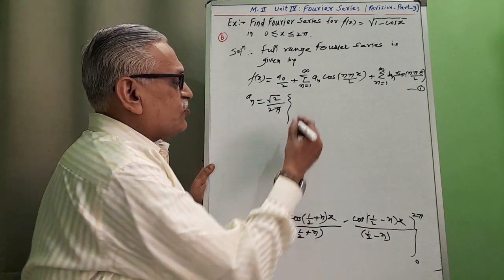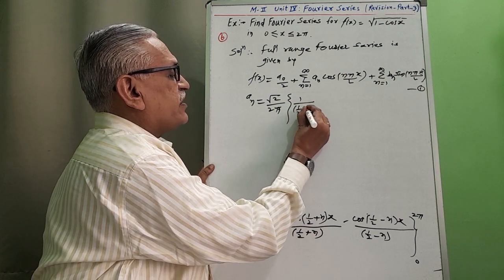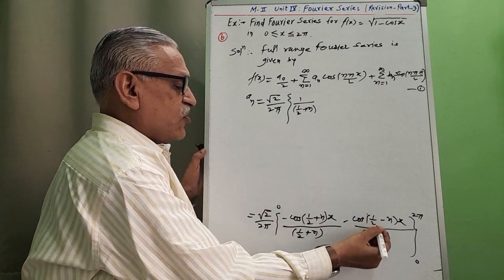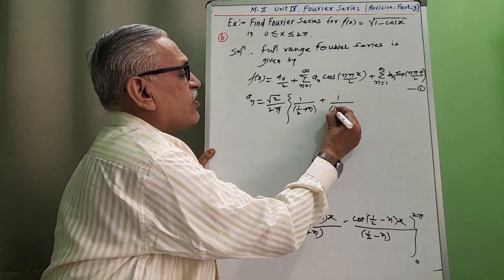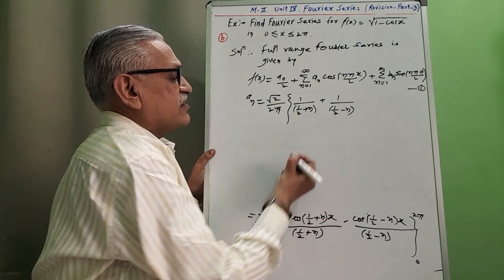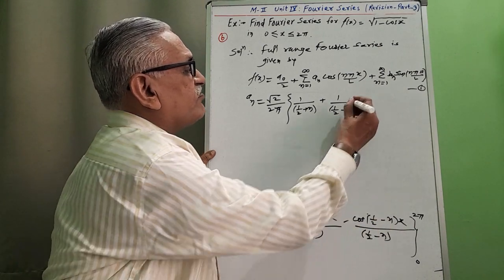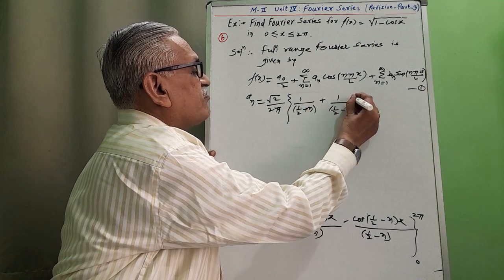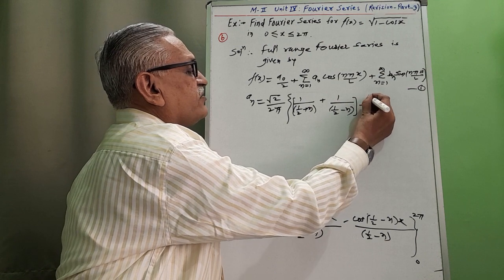We have cos 0, cos 0 is 1, divided by 1 by 2 plus n. Again cos 0, 1 upon 1 by 2 minus n. And then for the lower limit it becomes minus,